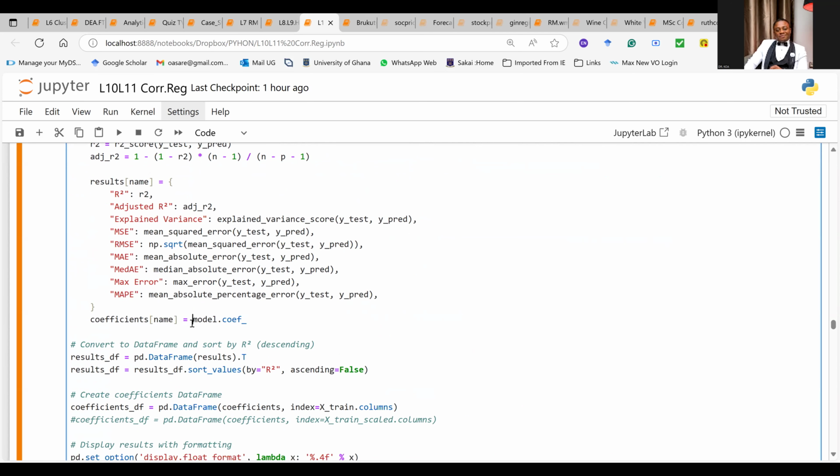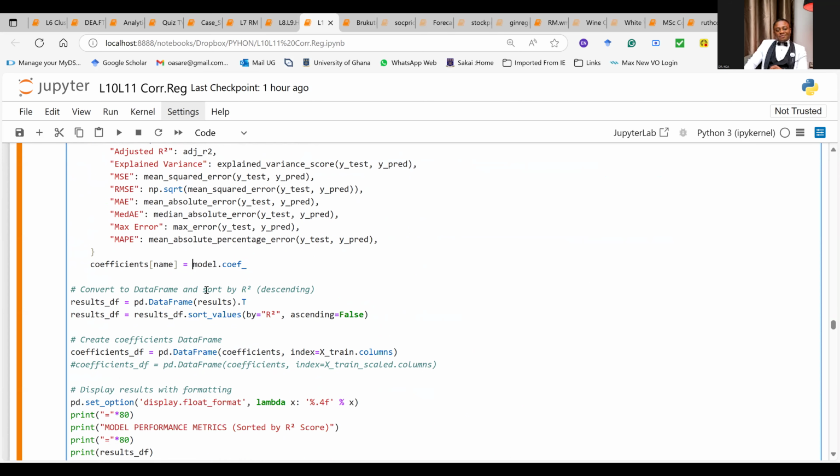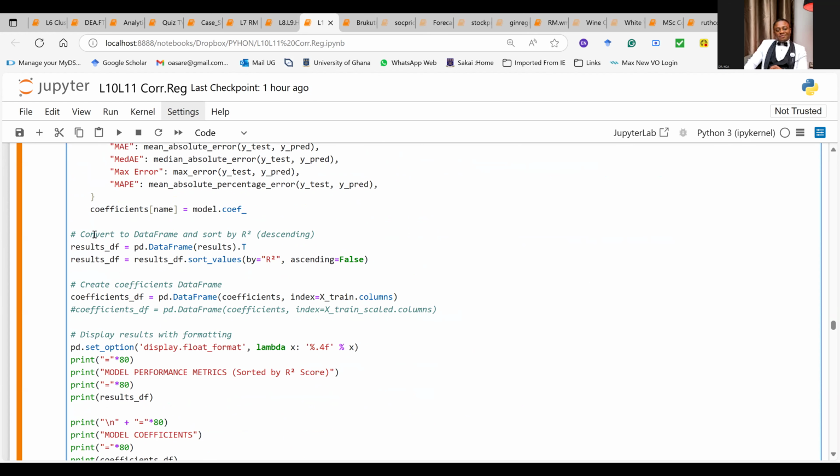We're not interested in the standard error, the t statistic, the p-value, the confidence interval, all of those things that we do in the econometric regressions. The key point is that we want the coefficient. Whether the coefficients are significant or not, we'll find out later using a new approach in machine learning.